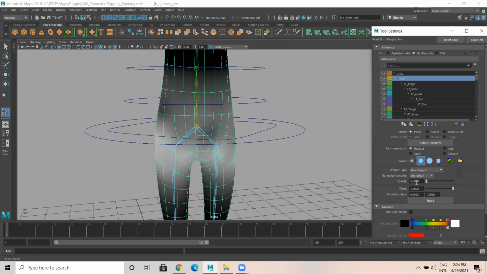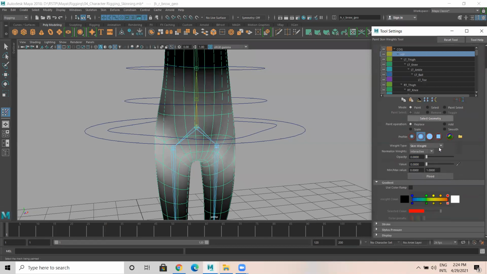So another option is I make it 0, or the value should happen. Mode paint select.